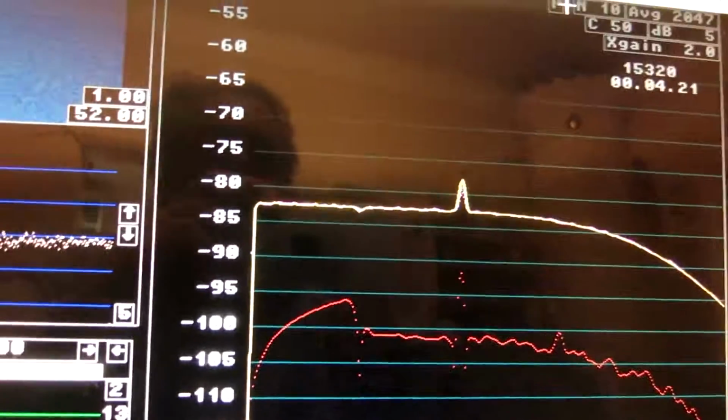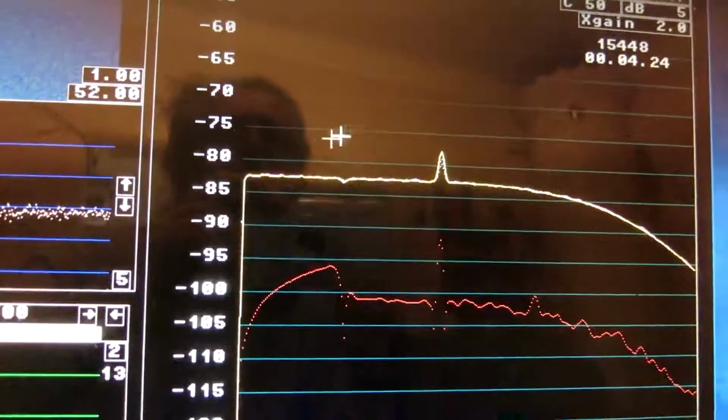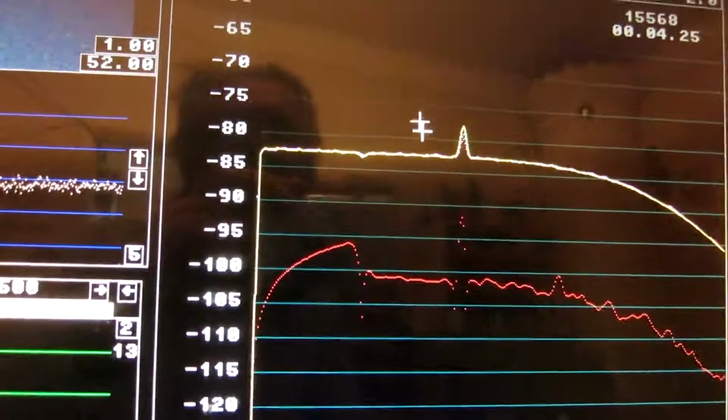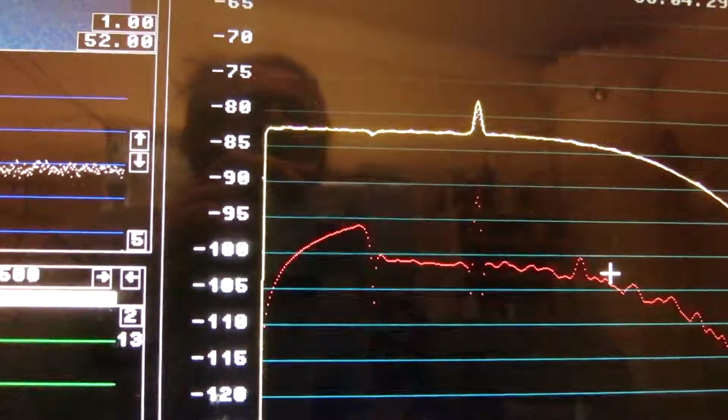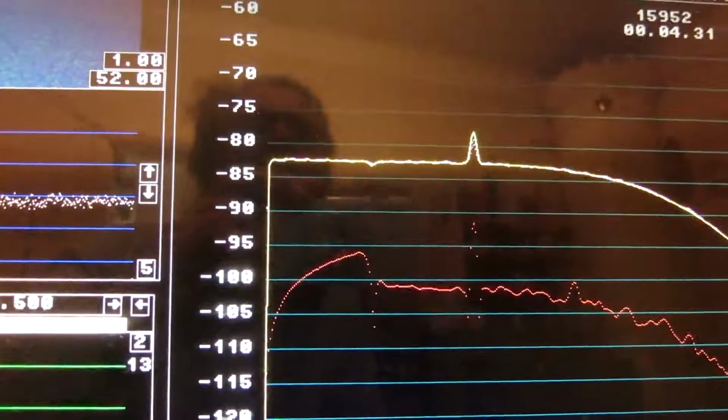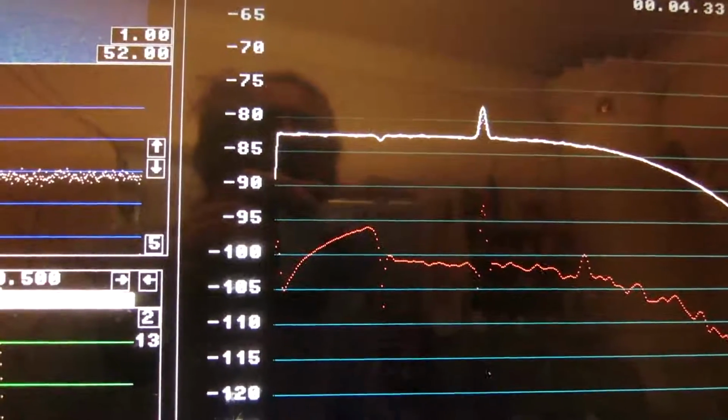Here is phase noise at a more normal scale, 5 dB per division. The imaginary part is down here. AM noise, very similar,